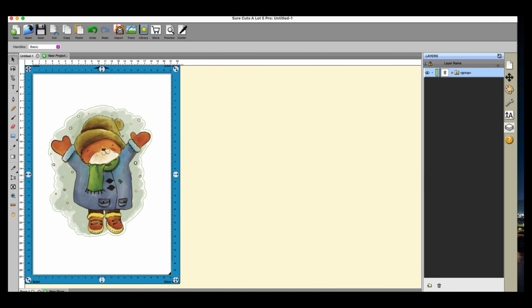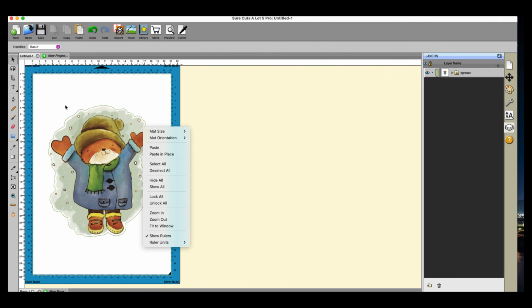Now, if I have a cutting machine which has a USB stick, I can export as an SVG and put it onto a USB stick. If I have Canvas Workspace, I can import it into Canvas Workspace as an SVG and do a print to cut. But the other thing that you can do, if I ungroup this for a moment,